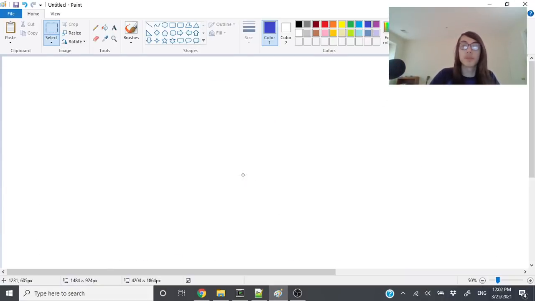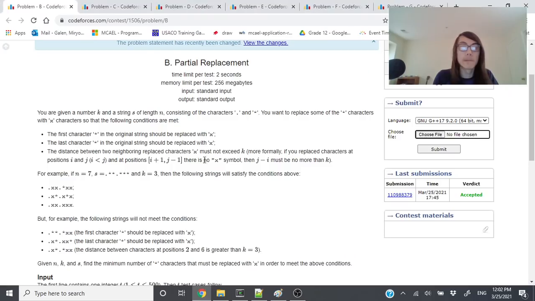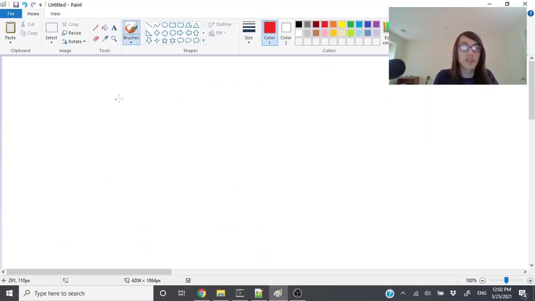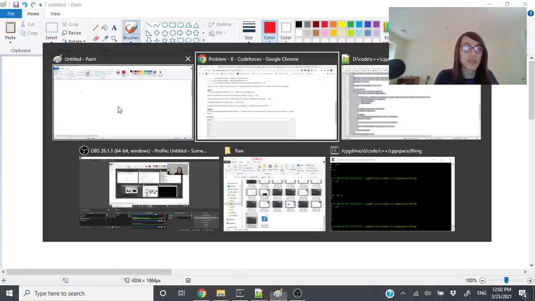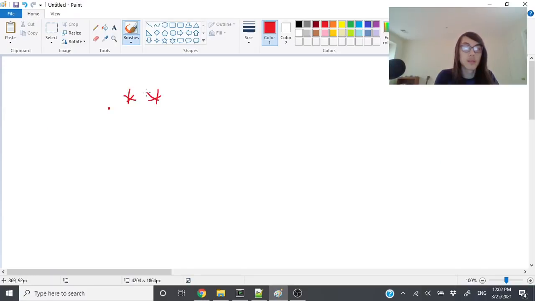Okay, this problem was just a total pain for me. I'm not going to go over statements as much. So basically, if we have some string like this, the basic idea is greedy. First, we're going to replace the first and the last characters. Then